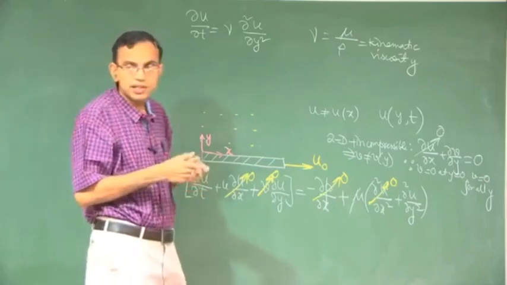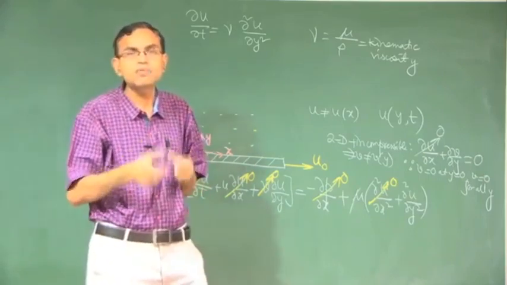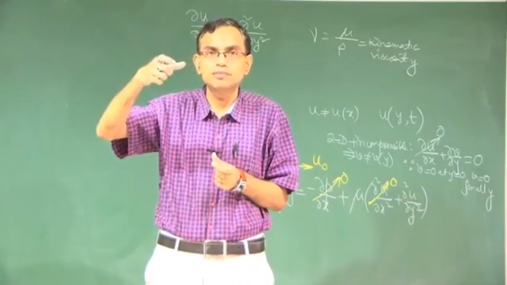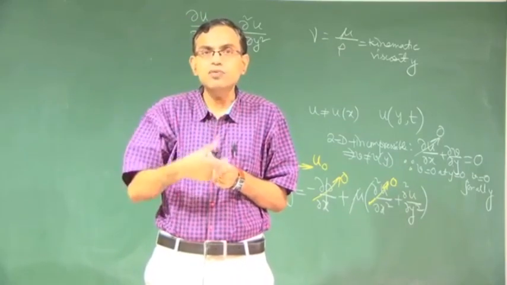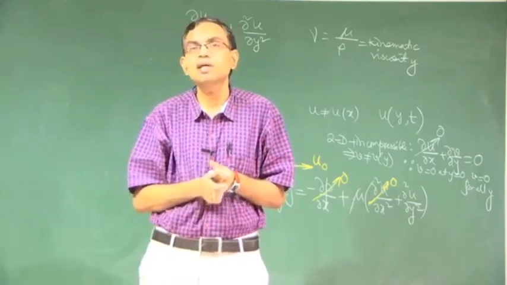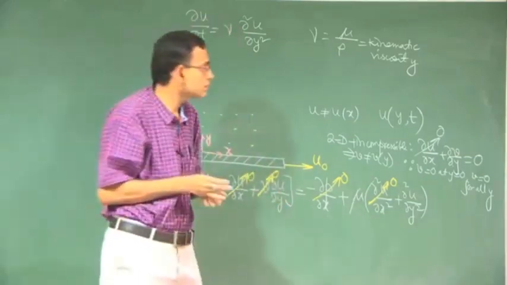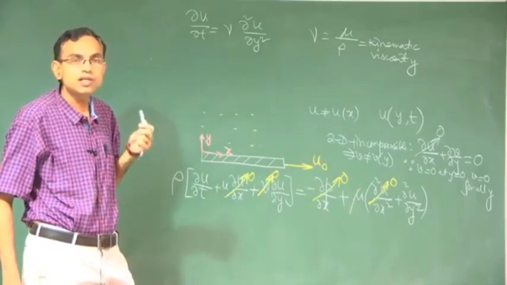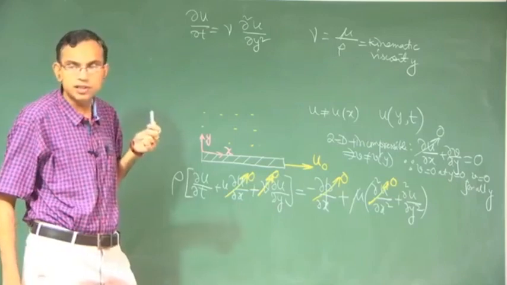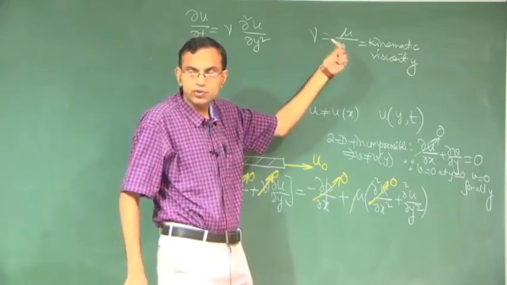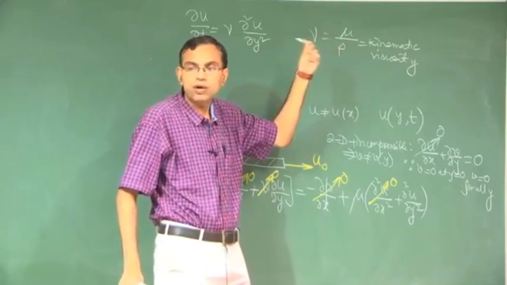So, kinematic viscosity is a very important parameter. It is not just the viscosity; viscosity tries to diffuse momentum, but there is something which tries to sustain momentum, and their relative importance is a matter of concern. This is also a very important point when you teach your students about kinematic viscosity. Do not just define it as a property, but try to give a physical meaning to why it is important.